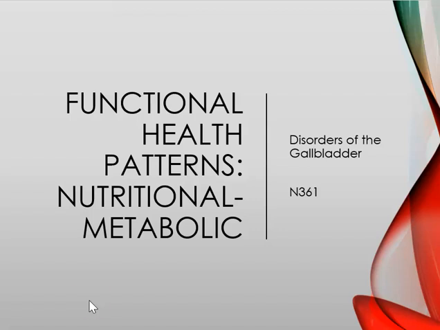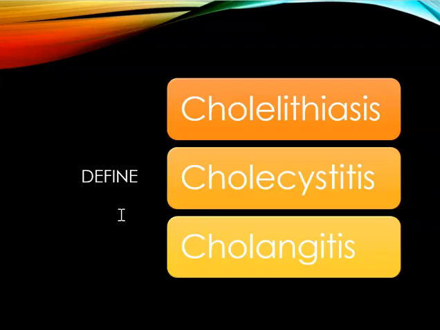There are 3 types of disorders associated with the gallbladder. So remember the terminology that I have posted on the guided notes in the first PowerPoint for this section, but I also want you to know these 3 terms. And you're going to see a lot of these are going to be pretty common as far as the suffix is concerned throughout the remaining sections that we go through. So the first one,